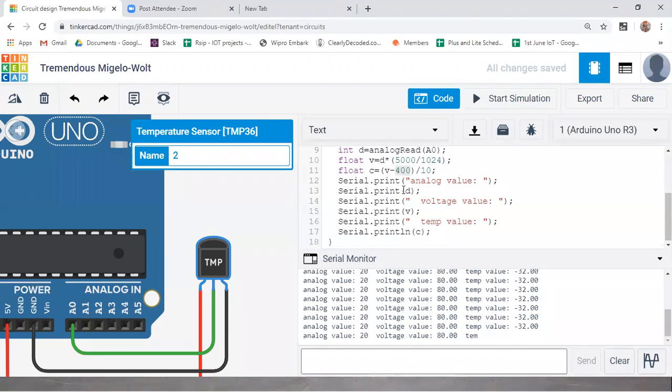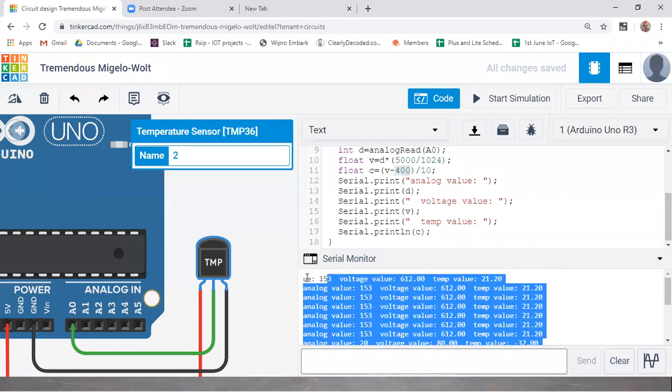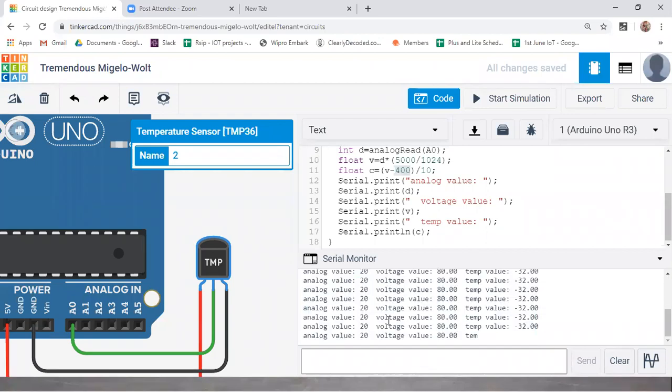Okay. So if you want to get a better idea of this temperature sensor, you would get a better idea if you are going with the hardware part, that is the real-time temperature sensor. In real time, you need to take a multimeter and supply it with 5 volts. You need to vary the temperature.